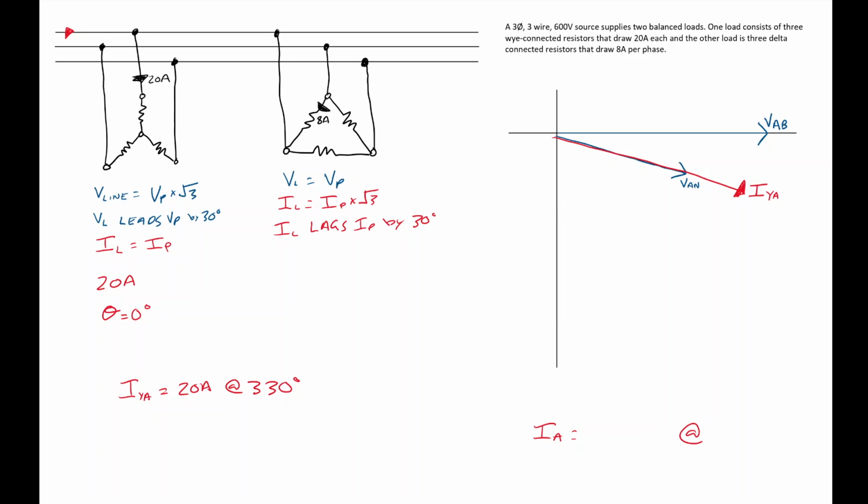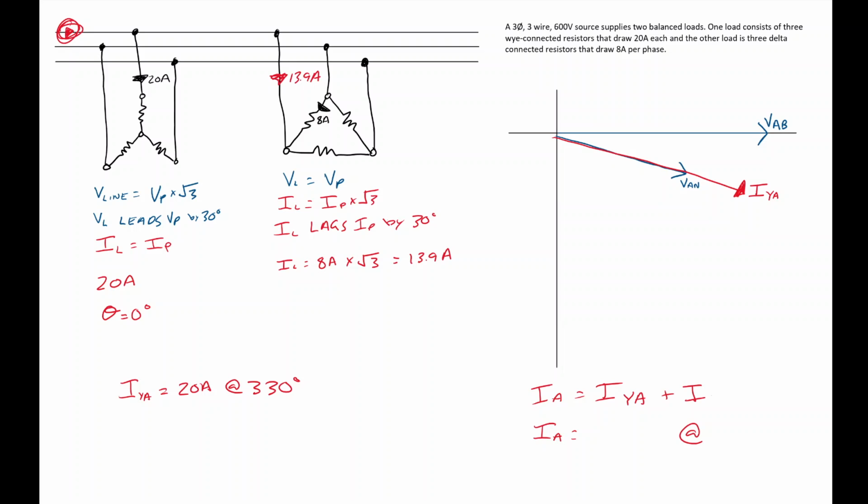So knowing that, I'm given 8 amps as my phase current, which means that I'm going to calculate I line by going 8 amps times the square root of 3, which gives me a number of 13.9 amps. So I know that my delta line current here is 13.9 amps. Now when we're trying to calculate my total current, I'm going to be going IA equals I YA